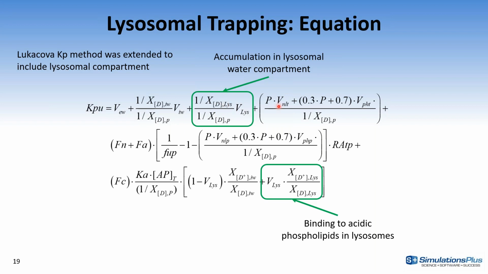And the other effect is also different binding to acidic phospholipids. Again, mainly for the basic compounds, these will be more ionized, so the concentration of positively charged species will be higher, and the overall binding to the acidic phospholipids will be higher. Now, we did not have exact information on the concentration of acidic phospholipids in the lysosomal membrane versus other cell membranes, so we are assuming that it is distributed evenly, and we are splitting it by the fraction of lysosomal volume to assign how much of that acidic phospholipid would be related to lysosomes, and the rest of it is related to the remaining part of the cell.